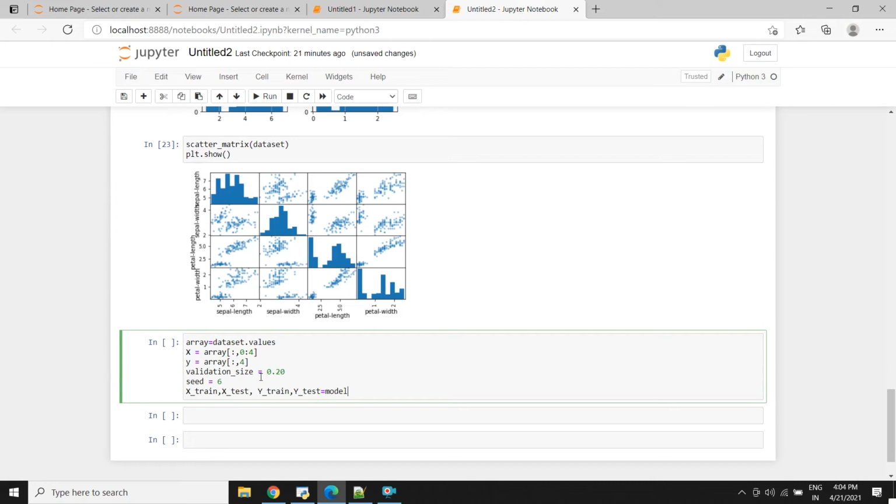So what we want to do is select some model, so model_selection, but before doing that we have to split our training dataset into two halves. So .train_test_split. What we want to split is the values of X and Y, and my test size is equal to validation size, which is 0.20. Correct. And my random state is equal to seed. What the seed is doing is helping me to keep the same randomness in the training and testing dataset. Fine, so let's execute it and see what is our result. It's executed.